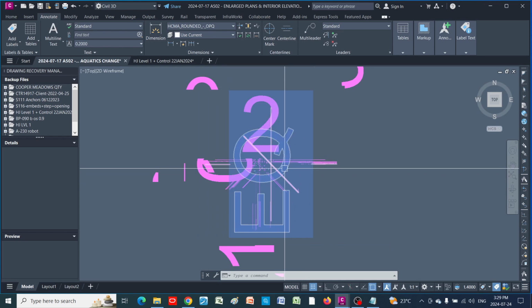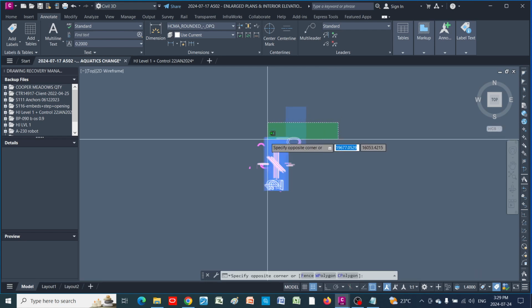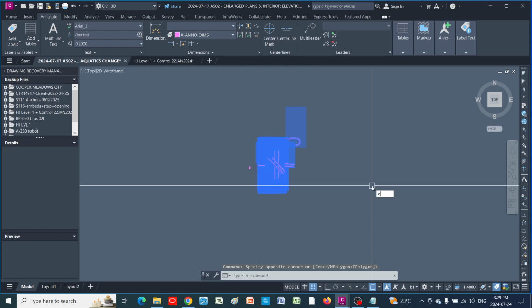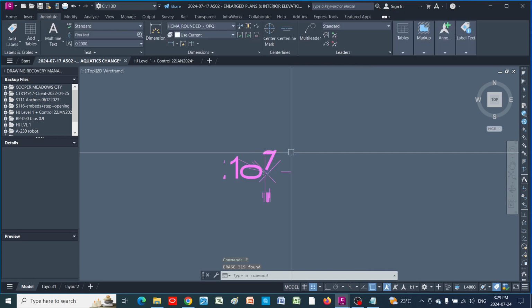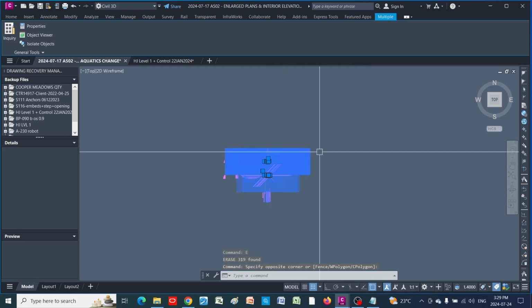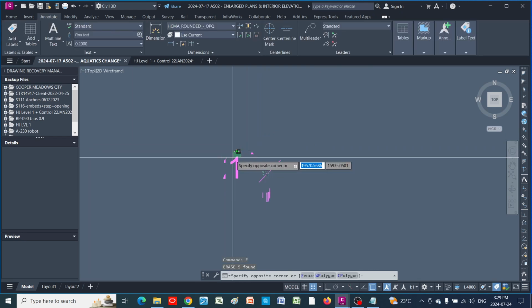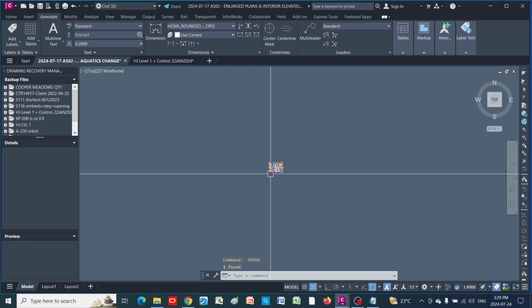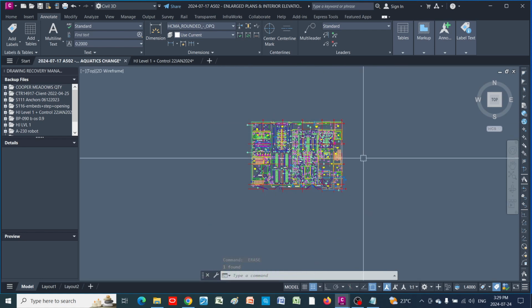Now these are the dimensions. I'm gonna just remove them. That's just what I do. Just erase them, like that. Make sure that everything is erased. So I have this drawing in the right scale now.